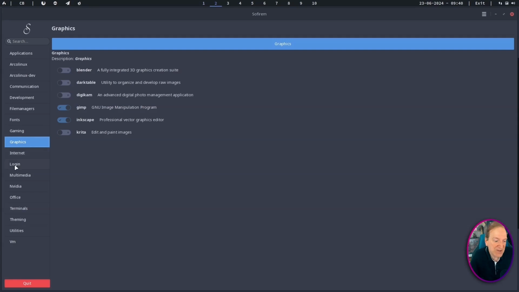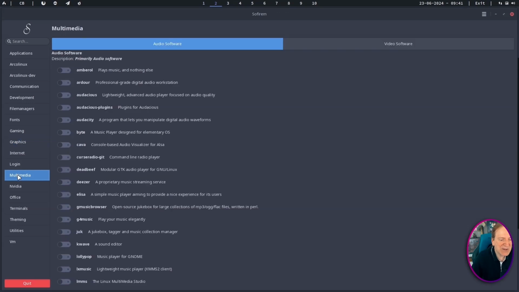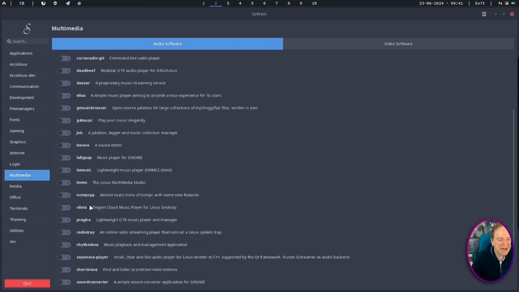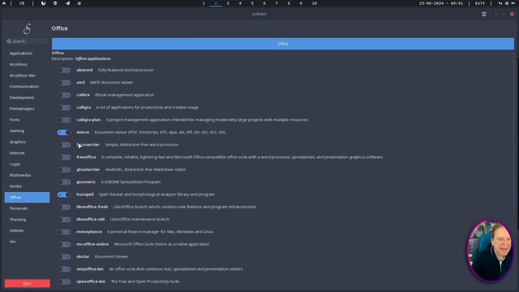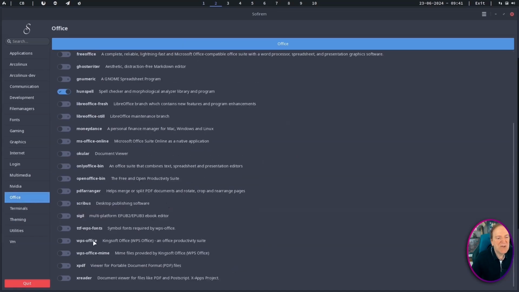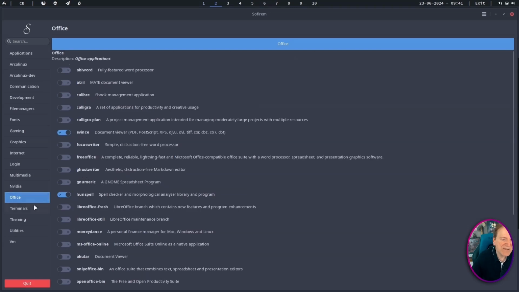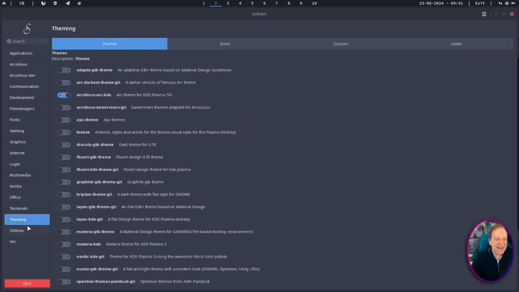Personally, I just like using the console to do this, but this is kind of a nice looking little package manager. It's kind of cool. Here we got our multimedia stuff here. And we got our Office suite. And we have some events there for our PDF files and so forth. But we can also choose from Office suites like LibreOffice and WPS Office, which is a nice suite,